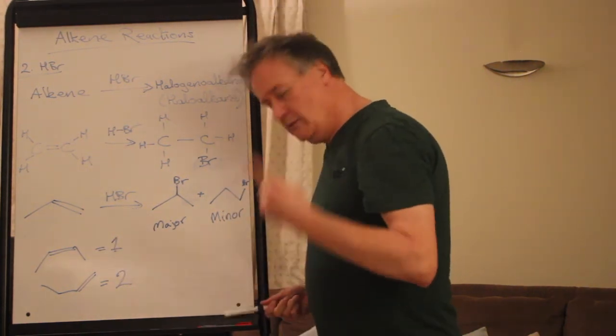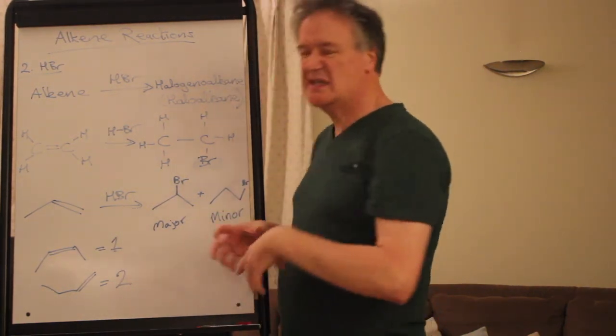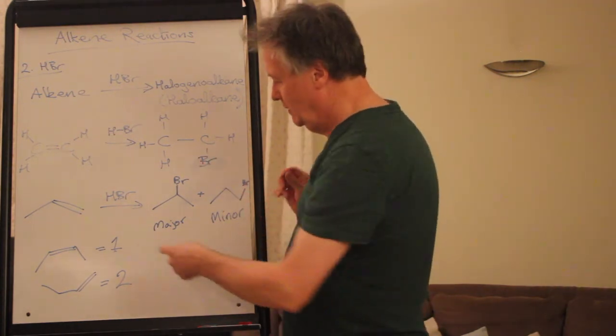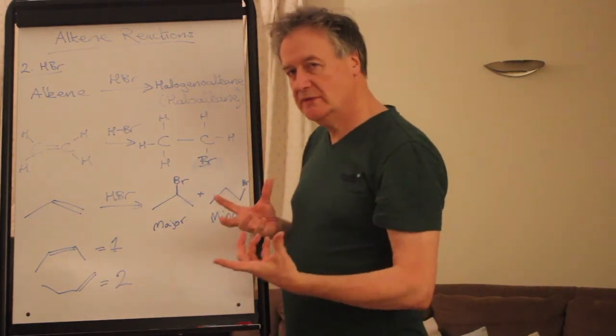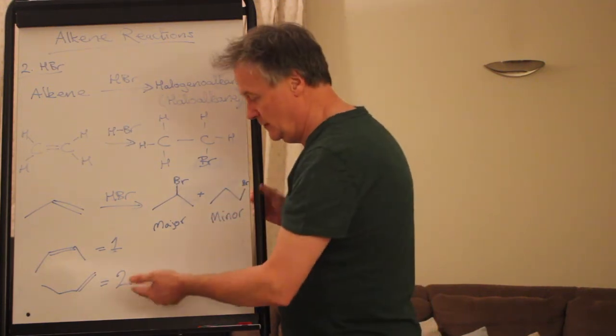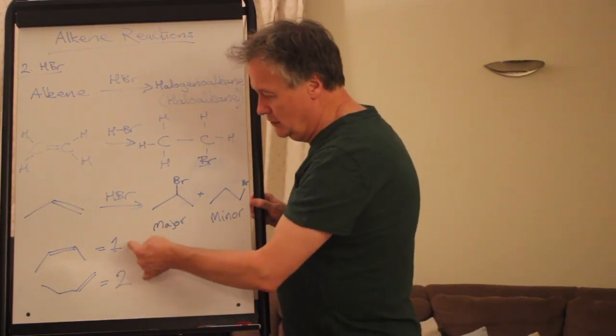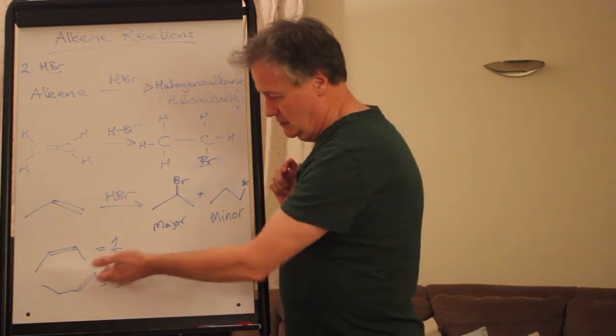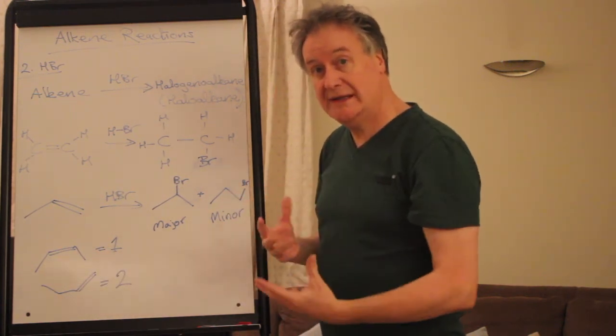So symmetrical, you'll get one product, unless the molecule perhaps is really complicated. But for most A-level questions, it will be fairly straightforward. Well, I suppose if it's a more complicated molecule, it won't be symmetrical, so it'll still fit with this. But if it's asymmetrical, like here the double bond is on the end, you will end up with two products